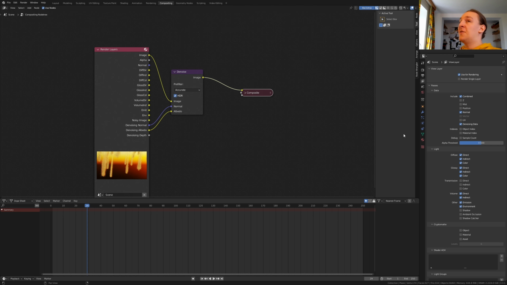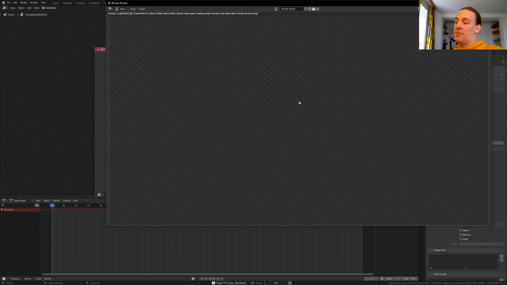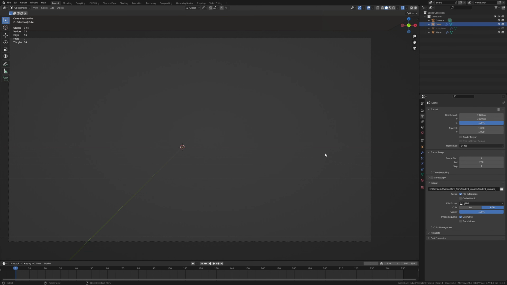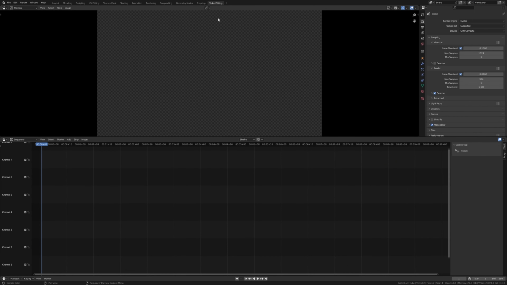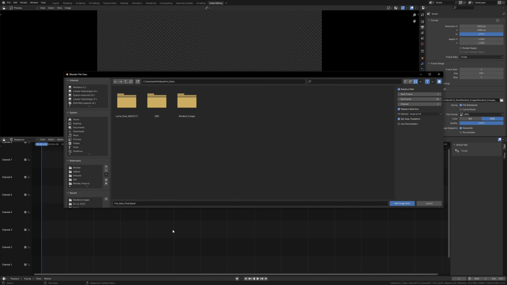Enable denoising data and use nodes. Add a denoise node set to accurate and use the image and denoising normal and denoising albedo. Now save again and press Ctrl F12 to render the images. Once it's done rendering, go to video editing and hover over the file location here and press Ctrl C. Make sure you are on frame 1, hit Shift A, image sequence and paste in the location minus the name